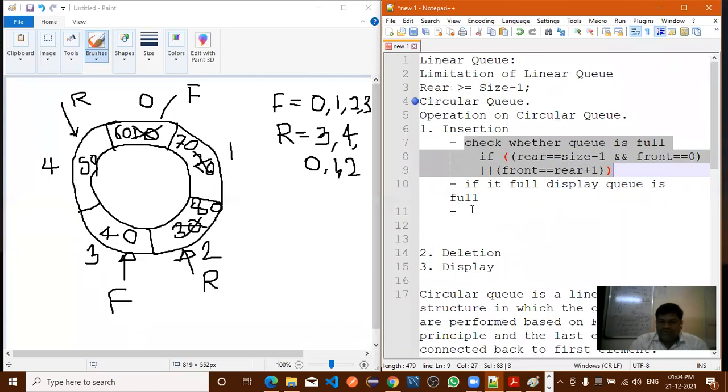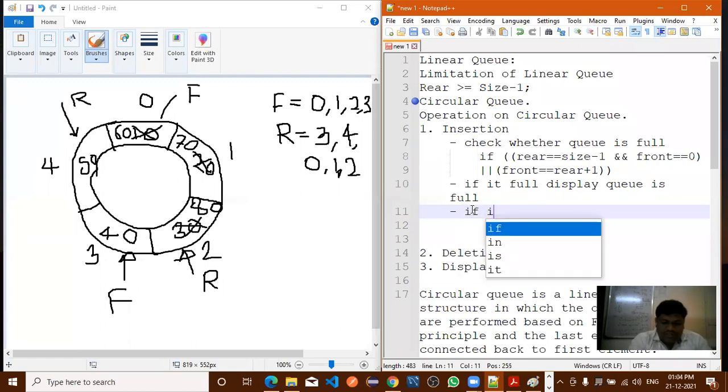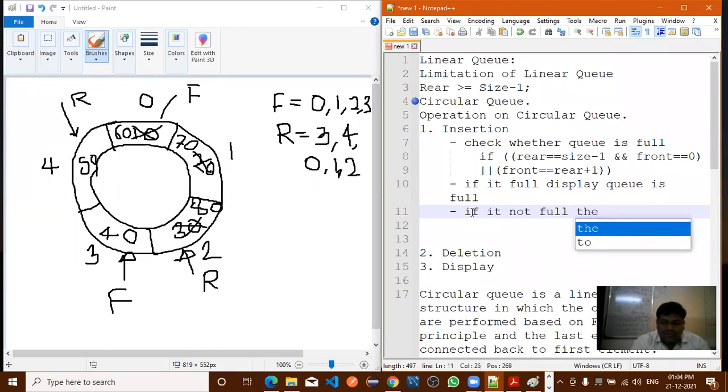Now if it is not full, then you are able to insert the element, right? But before inserting the element, what do you need to check?